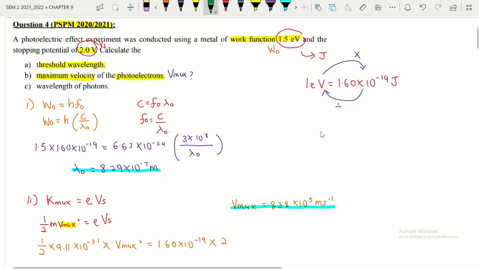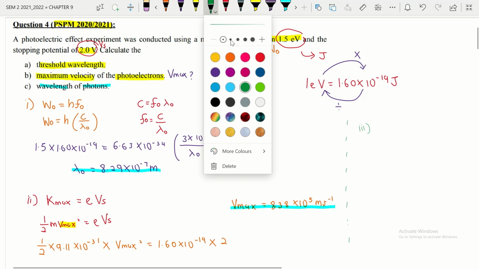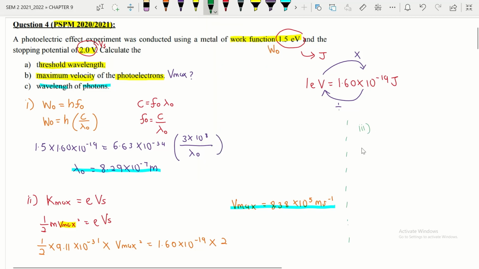Okay, so now let's look for the next question, wavelength of photons. How do we find the wavelength of photons? So wavelength of photons, kita boleh cari, remember the equation I taught you, quantum energy equals to work function darab juga dengan maximum kinetic energy. And we know we need to find the wavelength of photons, and we know the formula for energy is equals to Planck constant times with the frequency